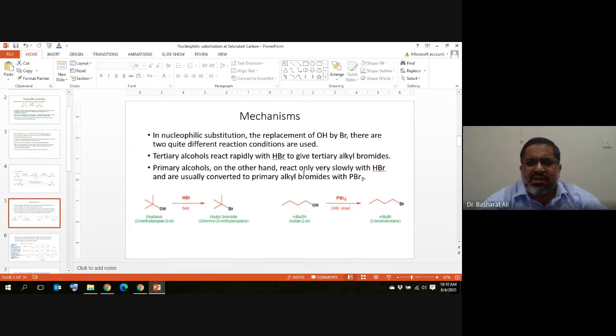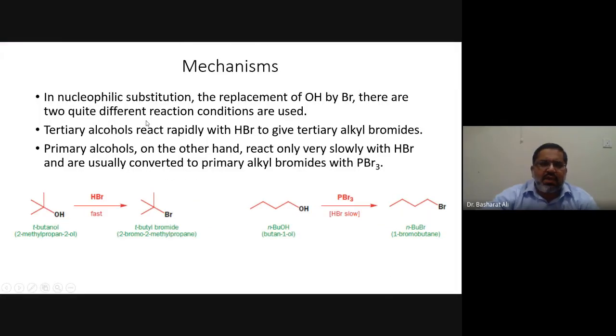Next, we will discuss the mechanism in nucleophilic substitution: the replacement of OH by bromine. Two quite different reaction conditions are used. Tertiary alcohols react rapidly with HBr to give tertiary alkyl bromide. Primary alcohols, on the other hand, react only very slowly with HBr and are usually converted to primary alkyl bromide with